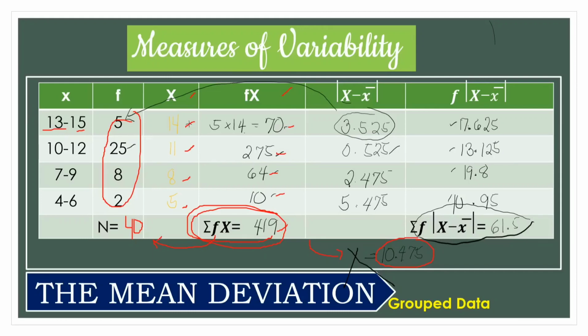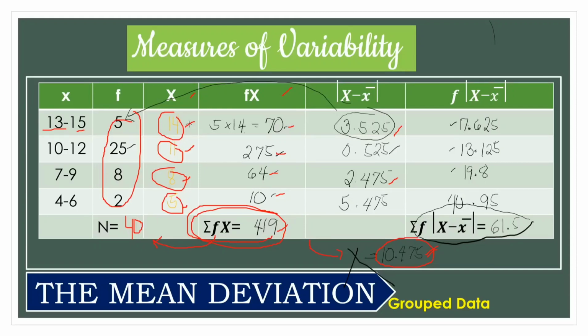Okay, starting from this pair, we have 14 minus 10.475, which is our mean. So the result is 3.525. Next, 11 minus 10.475 is 0.525. Next, 8 minus 10.475 is 2.475. And then lastly, 5 minus